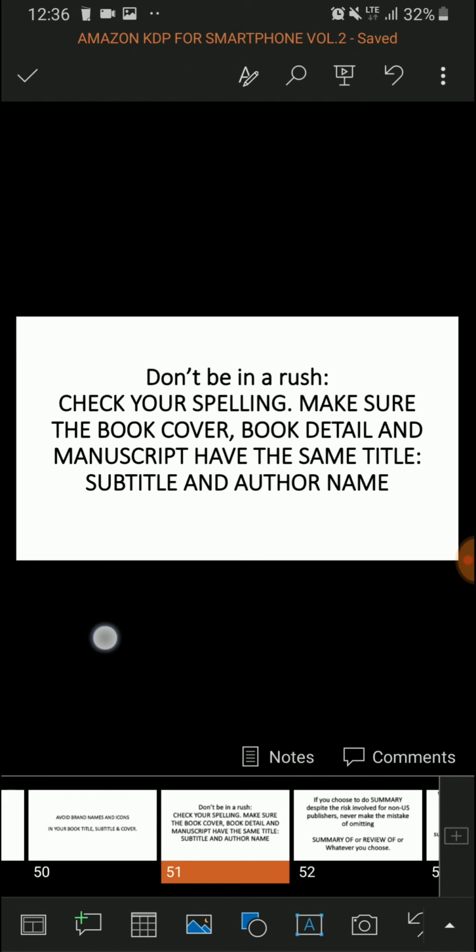For instance, let's say the book's name is Purity, and you want to write a summary of Purity. Then instead of writing summary of Purity, you just write Purity without the summary part. That's misleading, because you're making people feel like this book is the original book, and Amazon doesn't want that at all. Just know this one thing: Amazon wants the best for its customers. So in as much as you're giving them quality, try not to mislead their customers' buying decisions. Don't try to impair their decision. Let them choose to buy what they want to buy by themselves.